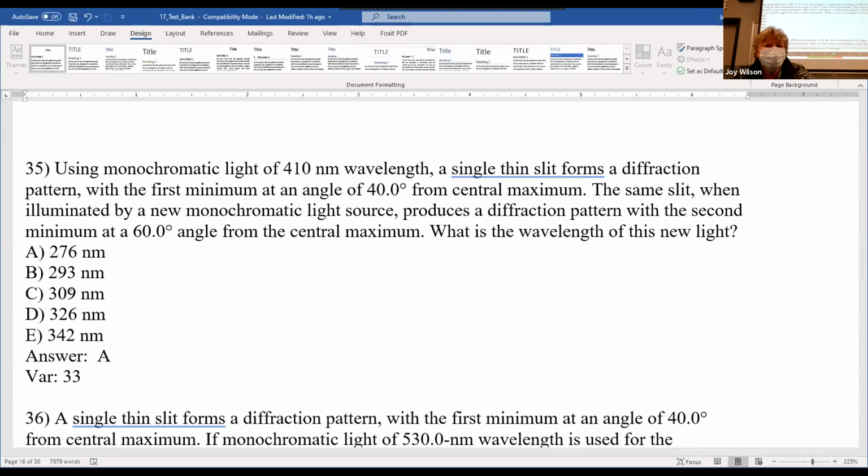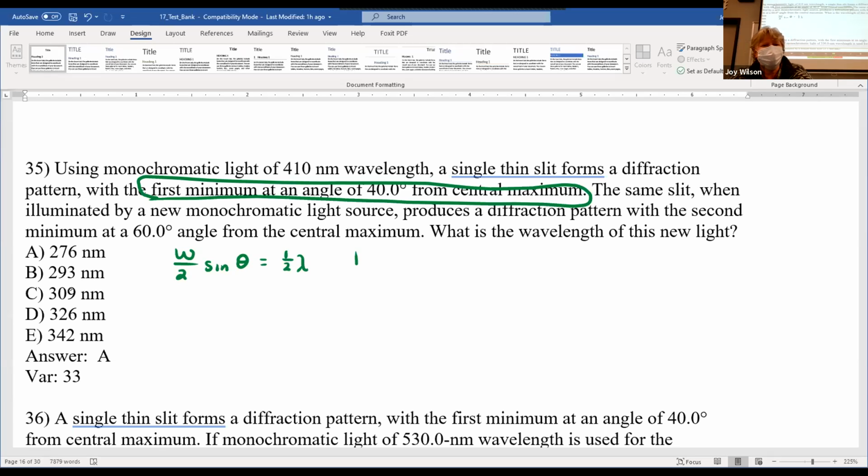So a single thin slit forms a diffraction pattern where the first minimum is at an angle of 40 degrees from the central. Now can I use my small angle approximation for a 40-degree angle? You should not use the small angle approximation here. So what you're going to have to do is actually do W over 2 sine of theta is going to be equal to 1/2 wavelength. So this is our first situation,